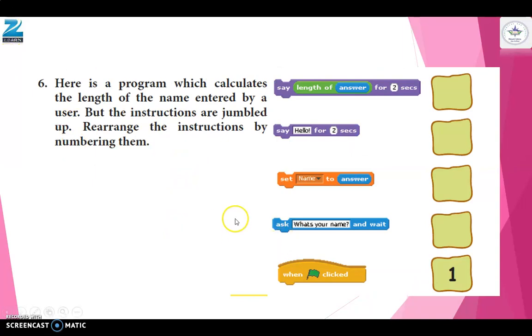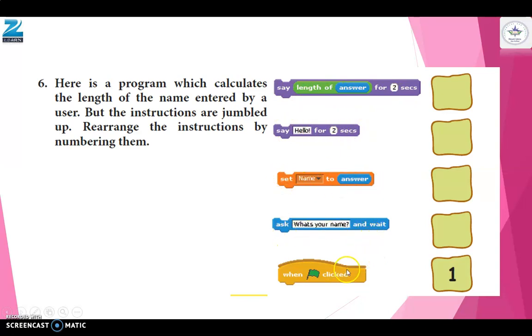Now we'll move to the last example. Here is a program which calculates the length of the name entered by a user, but the instructions are jumbled up. Rearrange the instructions by numbering them. Okay, first number is given already, that is event block when green flag is clicked. See here, say length of answer, say hello, set name to answer, ask.